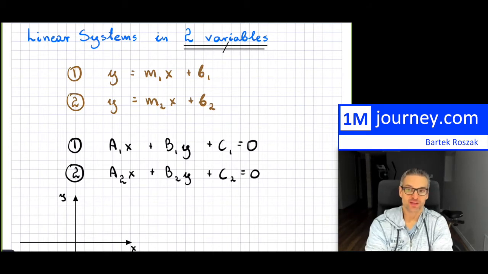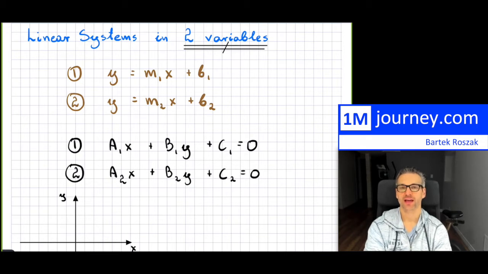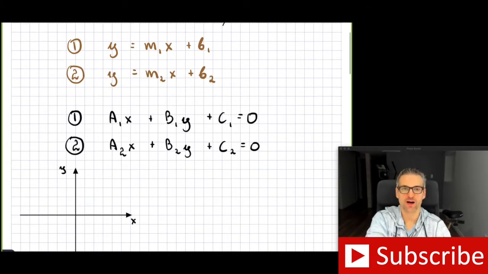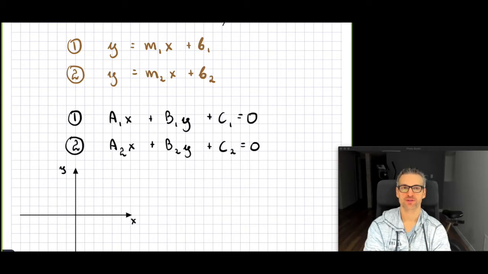Well, first let me explain. Two variables means that we have two unknowns, and you're watching this hopefully because you've watched all the videos related to graphing a line. If you're going to take a line in two dimensions, let's say x and y, as you see there, then you can graph a line by using slopes and intercepts